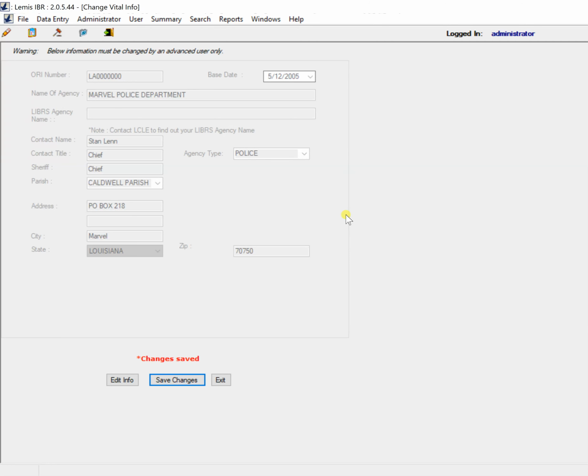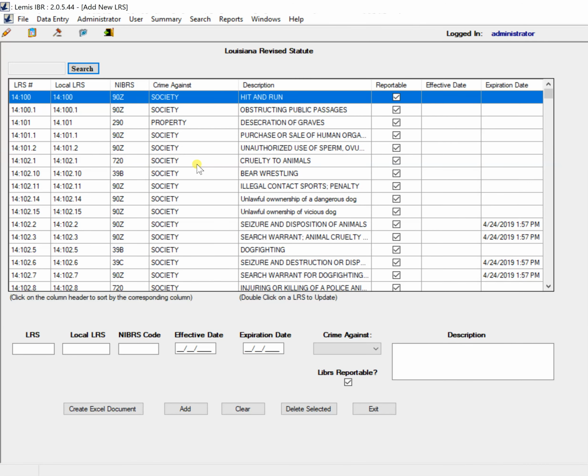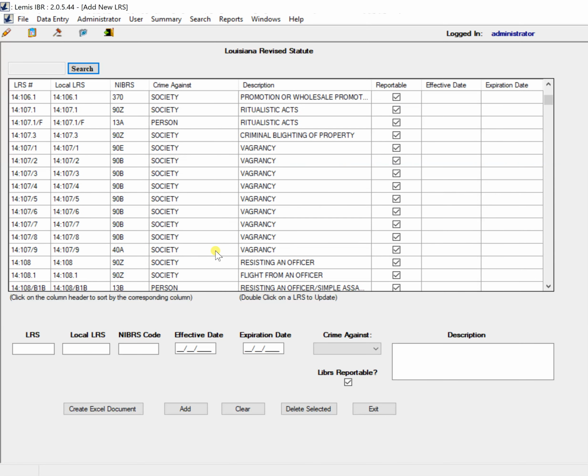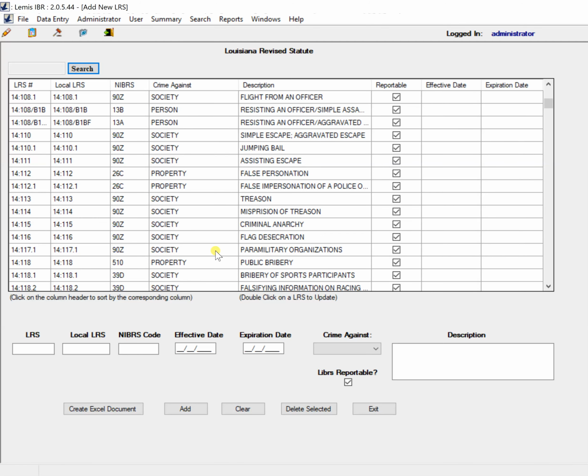Now let's select the Add New LRS, which will bring up all Louisiana statutes in the system, where you can scroll down the list until finding the one you would like to edit or delete. Or you can click the Search button,